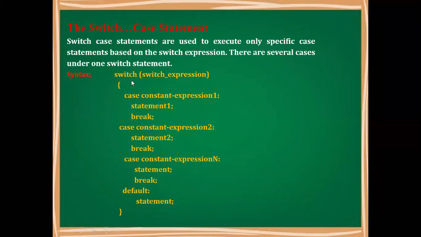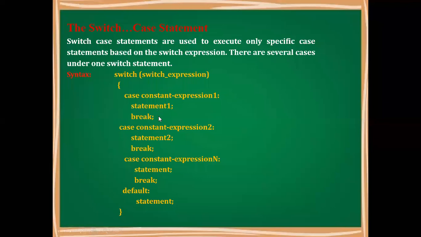You have to write the keyword switch, and in brackets the conditional expression or switch expression we are referring to here. Then we use case constants on the basis of which that particular expression will be evaluated. Case constant expression 1 will be first. If case constant expression 1 matches, then statement 1 will execute and break, because if one condition matches, there is no further need to execute the subsequent code. You know that the break keyword will end the particular code block and go outside the switch to the next subsequent line.